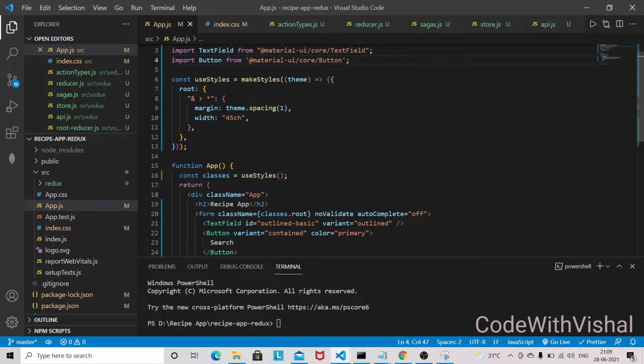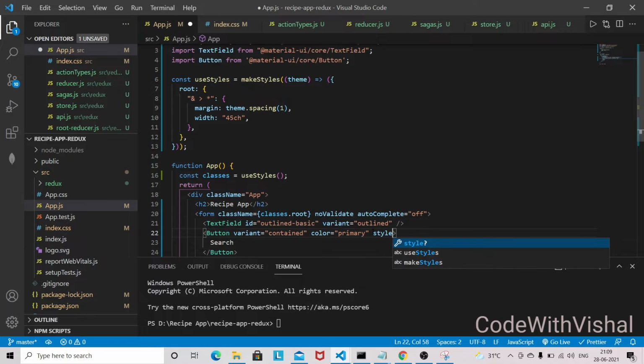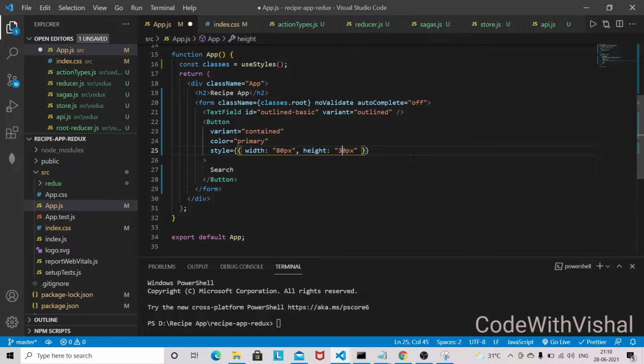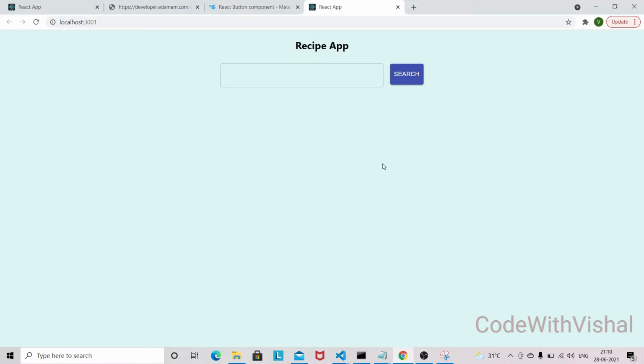So I'll be doing an inline style over here. So width, and I'm going to give it 50 pixels. So let's give it. So now we are getting a proper button here. So we are done with this input field now.